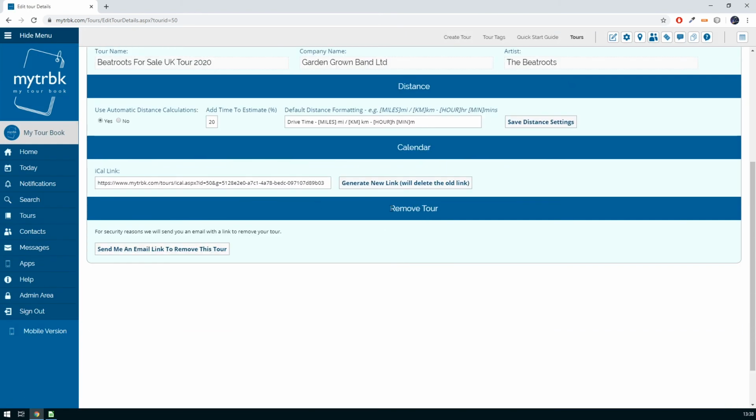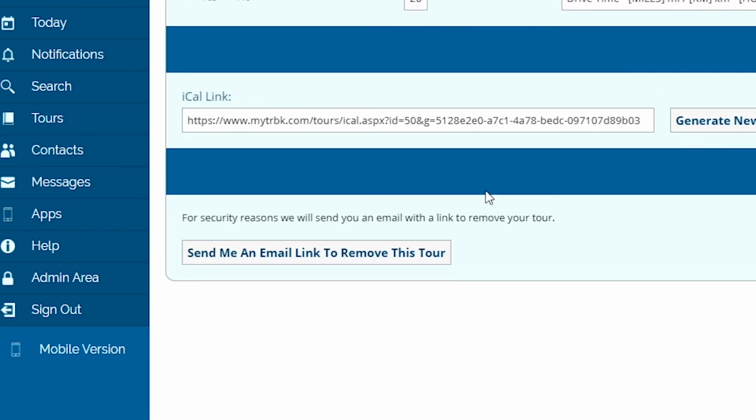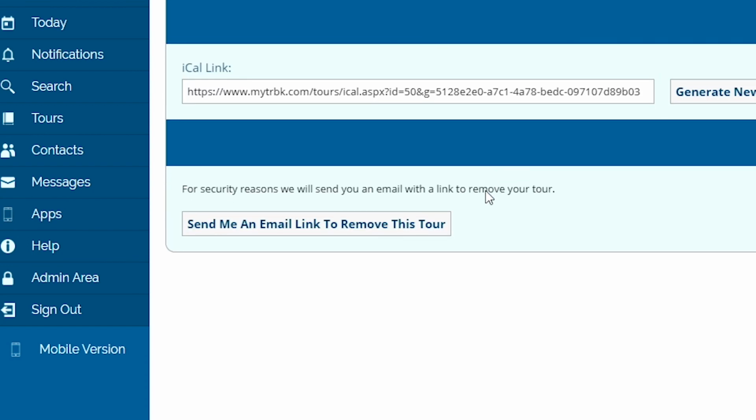And finally, at the bottom here, remove tour. So you can click here where it says send me an email link to remove this tour, and this will email you, the account holder, a link to remove the tour. Now, we do this for security reasons because we don't want people, if you leave your computer open, to be able to click remove tour and then it disappears. So we'd like to email you a link and then you respond to that so that it's